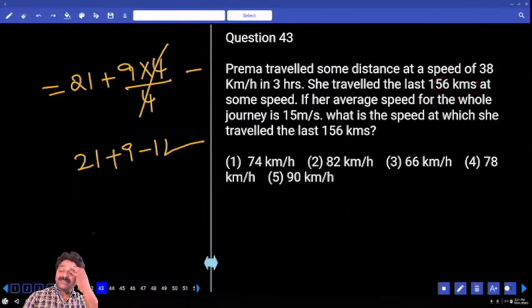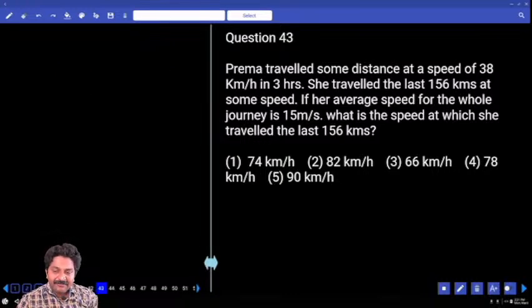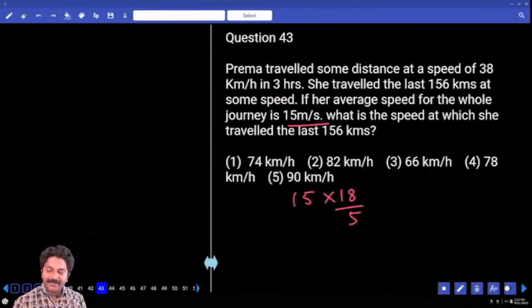Prema travelled some distance at a speed of 38 km per hour in 3 hours. She travelled the last 156 kilometers at some speed. If her average speed for the whole journey is 15 meter per second, what is the speed at which she travelled the last 156 kilometers? 15 meter per second. First let me convert into kilometer per hour, because every other speed is mentioned in kilometer per hour. 18 by 5 times 15, which is equal to